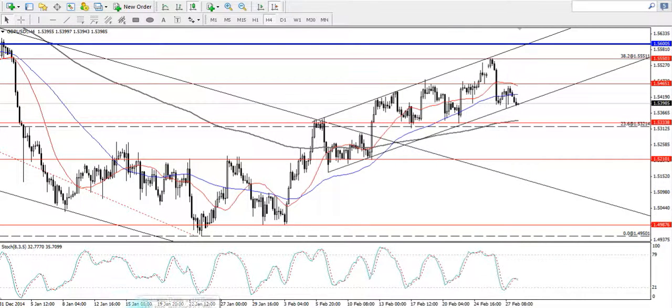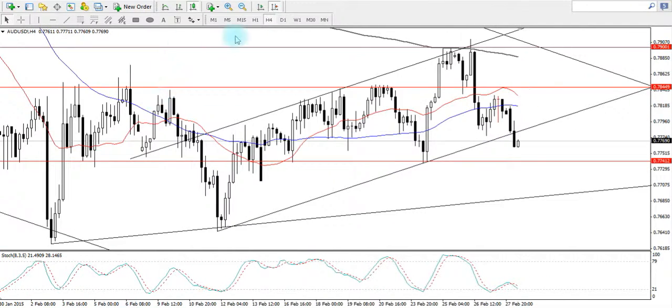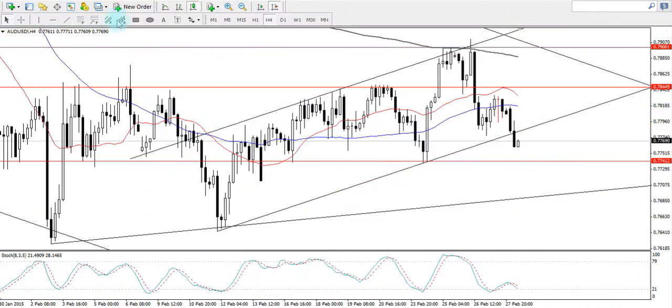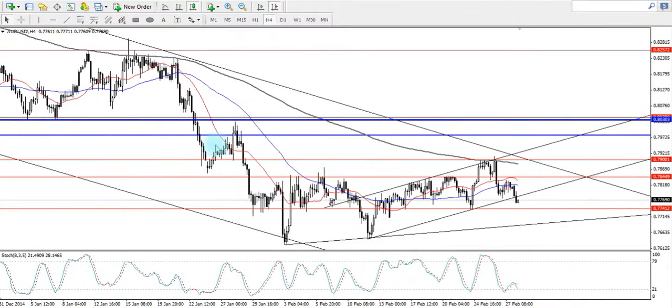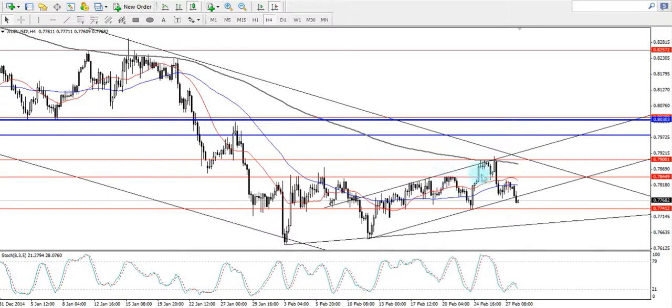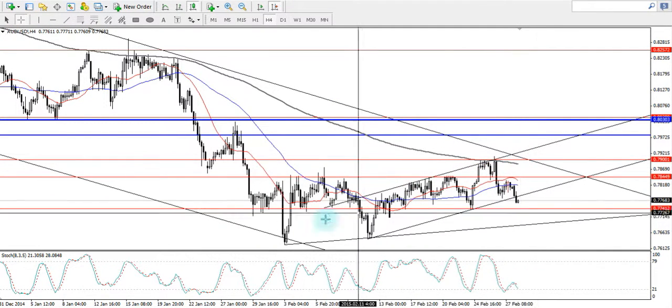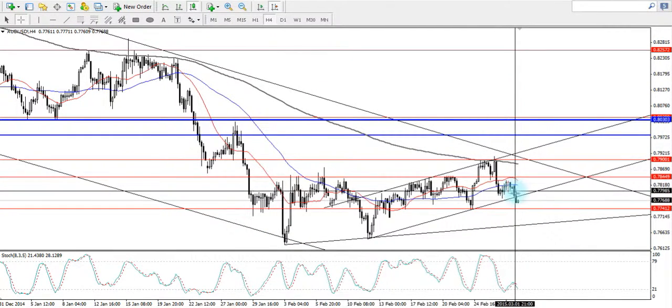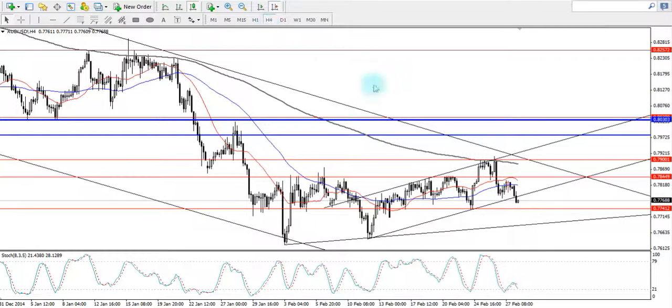Moving on, we have the Aussie against the US dollar. This is the 4-hourly chart. What we are seeing here is a minor rising trend channel within a major falling trend channel, and price has yet to really touch the top ever since it touched the bottom. However, it has opened lower and has already broken below the rising trend channel,